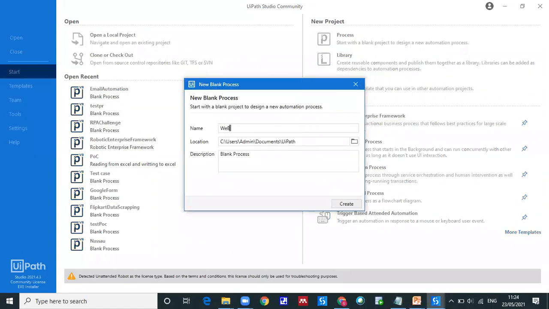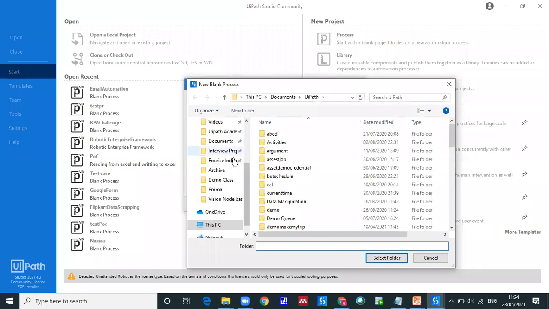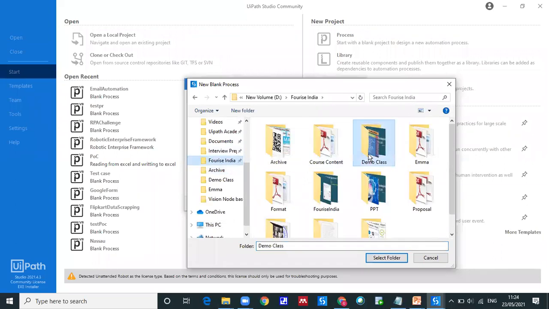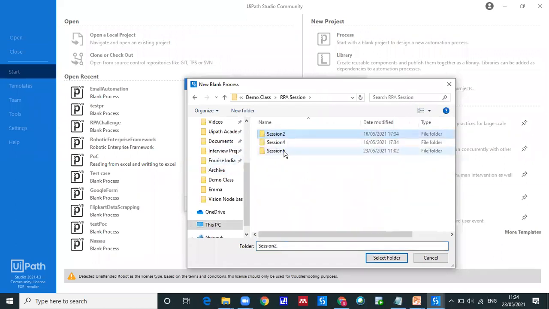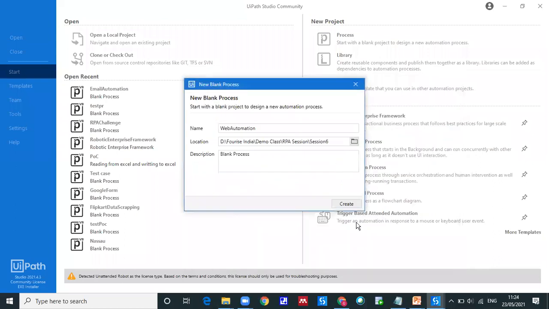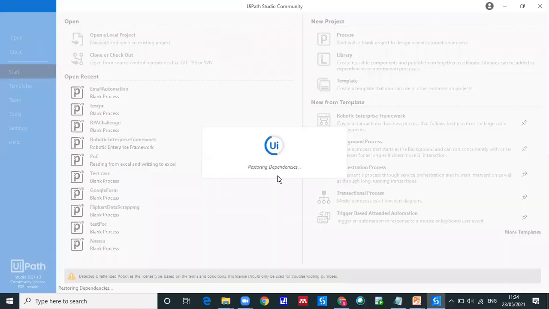I will give it a name, web automation. Okay, session 6. Create this one.